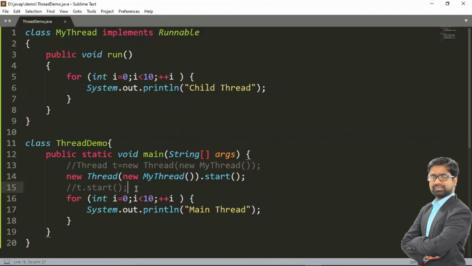It is not multithreading; it will not participate in multithreading. If you want to call run and participate in multithreading, you need to call the start method every time, because start creates the thread object internally and then calls run internally.